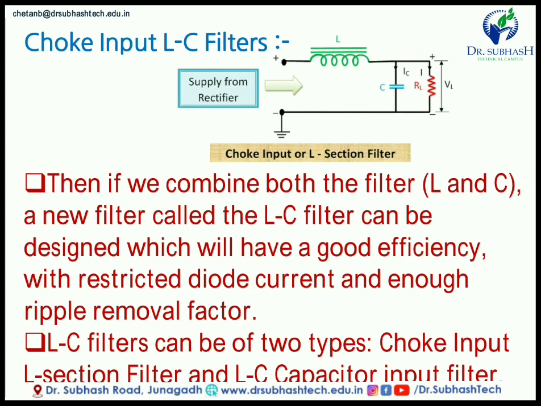Now, the output of the rectifier is given here, and the output of the total rectifier circuit, or DC waveform or DC type of signal, will be achieved here across the RL. If we combine these two, L and C, then it becomes a new filter known as the LC filter, and it will remove the ripple using L and C two times. Means the first filtering process is done by this series inductor, and the second filtering process is done by this parallel capacitor. So a more smooth DC supply is achieved using this LC filter.